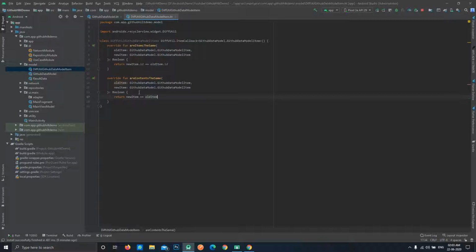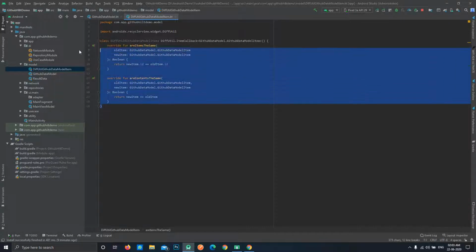Okay, so it will compare both of these at object level, to see whether these objects are the same or not, here we are comparing values. So now if these items are different, it will tell our list that these items are different, so just redraw them. So this is all about creating our DiffUtil class and how it works.